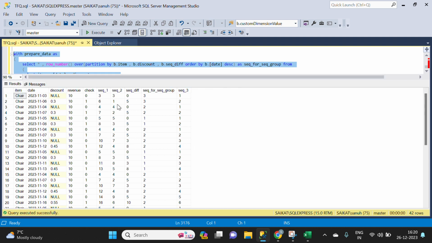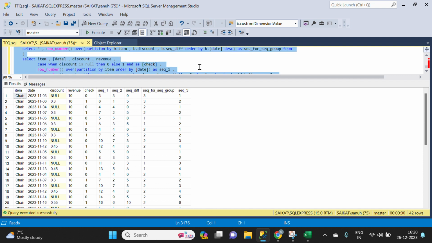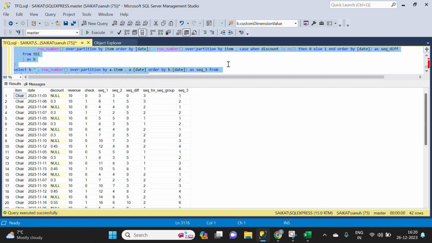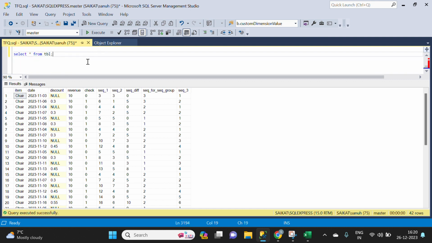And sorry, give descending order, because we need the maximum and the second maximum, so we need to give the descending keyword. So if I run this, you can see for this,